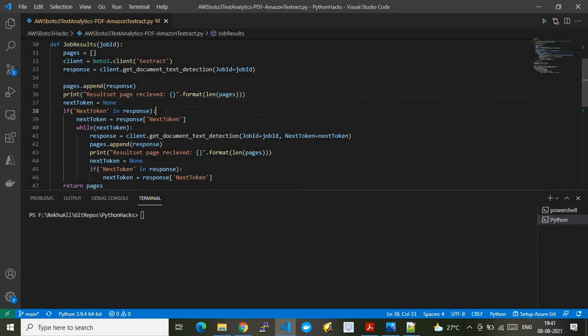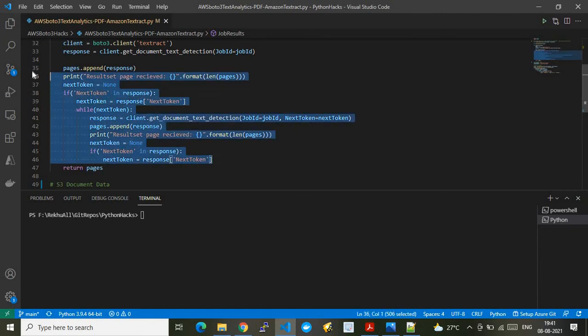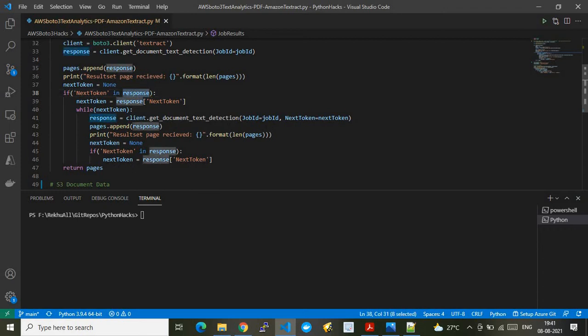Next I'm doing the coding trick to extract the required format. Let me quickly walk you through this if loop as well. The response is nothing but an array, right? In this array, we are checking for a next token, a keyword we are finding.